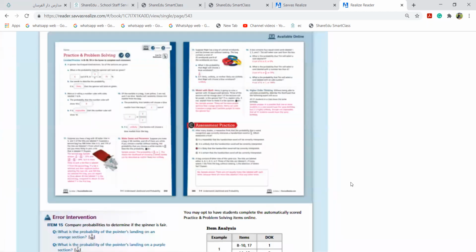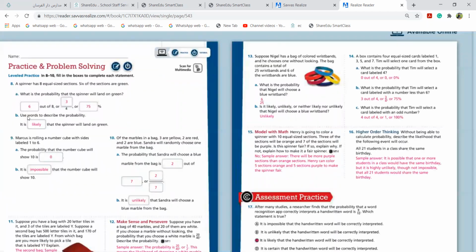Yes, so I told you about the words likely. Sometimes it is impossible and sometimes it is unlikely. Okay, because they ask you that